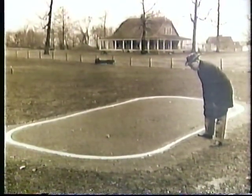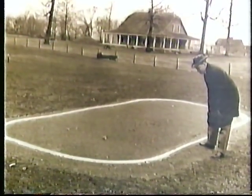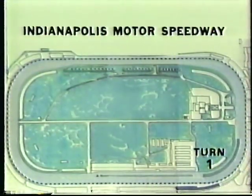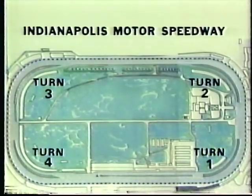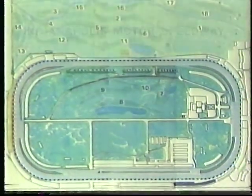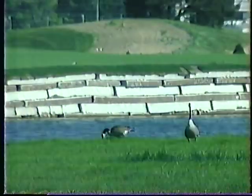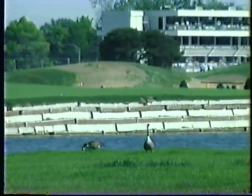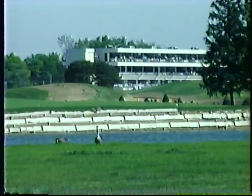A line chalked in the dirt almost 90 years ago, the basic form of the Indianapolis Motor Speedway. It is still the same today. While around the track, much has changed, and this year, the changes are particularly significant. For safety, the turns have been narrowed to slow the cars, and a warm-up lane has been added. The golf course is being rebuilt to designs by the celebrated Pete Dye. With this 18-hole championship course, called the Brickyard Crossing, the Speedway will soon be hosting the greats of golf as